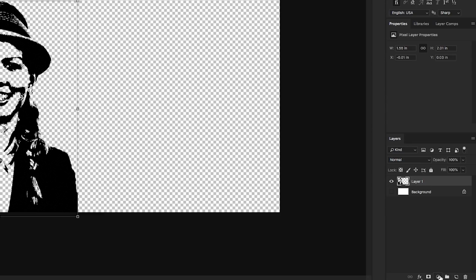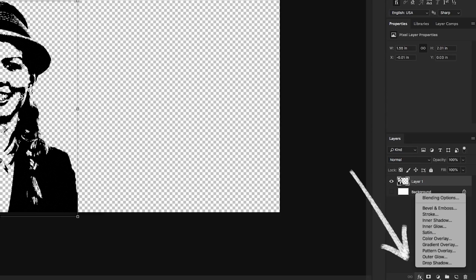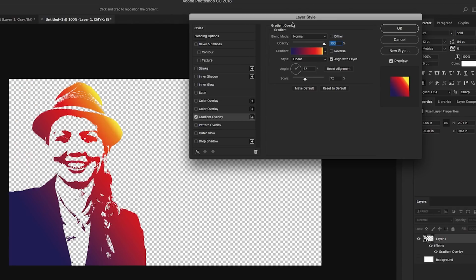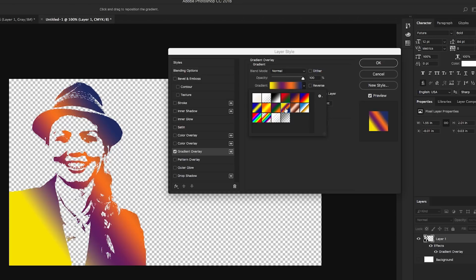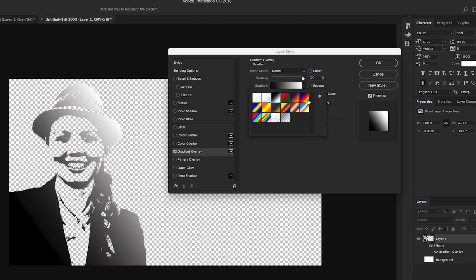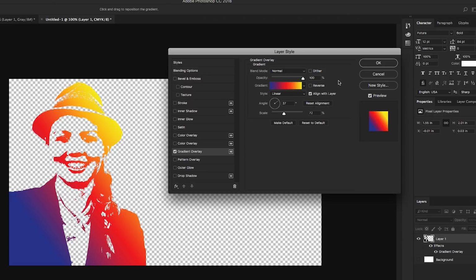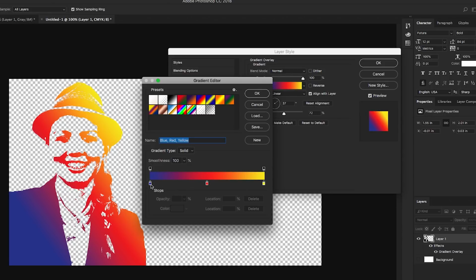Next, click on Effects, and we're going to apply a gradient overlay to this layer. Now you can choose new colors from the gradient dropdown. Let's choose something fun like the sunset theme. You can also double click on the colors now and customize the colors simply by clicking on a color here,